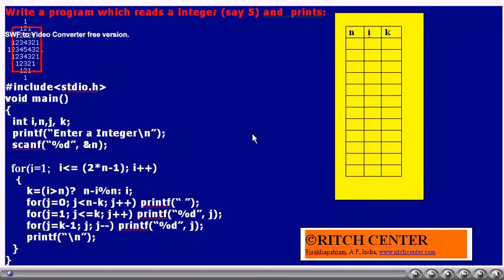This program takes an integer number and prints the following figure. That is 1, 1 2 1, 1 2 3 2 1, 1 2 3 4 3 2 1 and vice versa. I am sure that by now you would have observed that this also requires